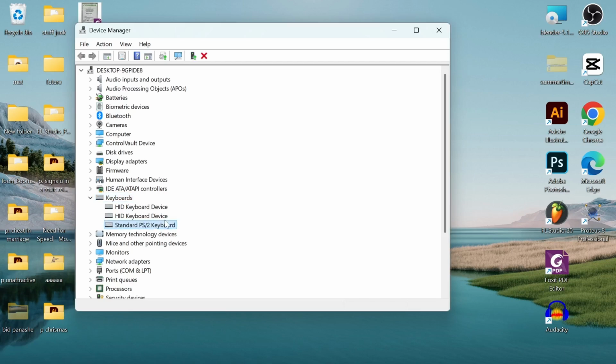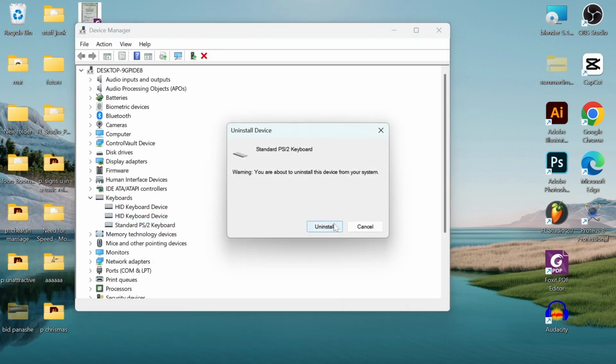So select the standard keyboard, right click on it and select the uninstall device, and then confirm the uninstall option and uninstall the device. Once you do that, you can then restart your laptop or PC and see if it